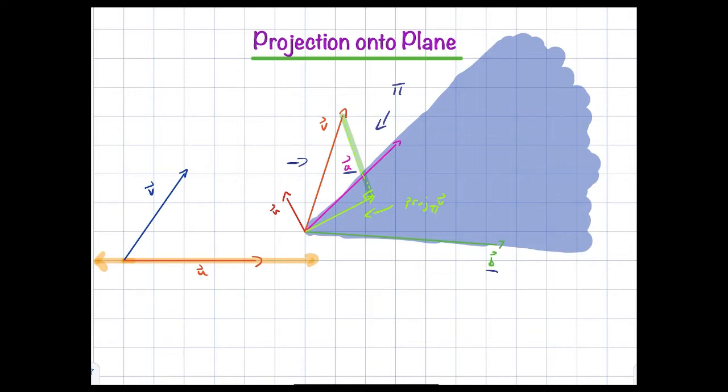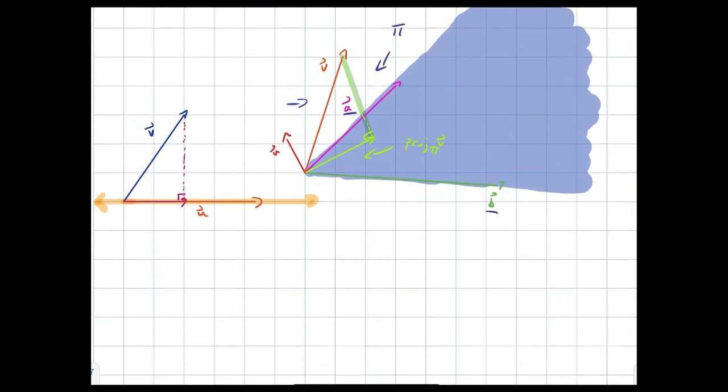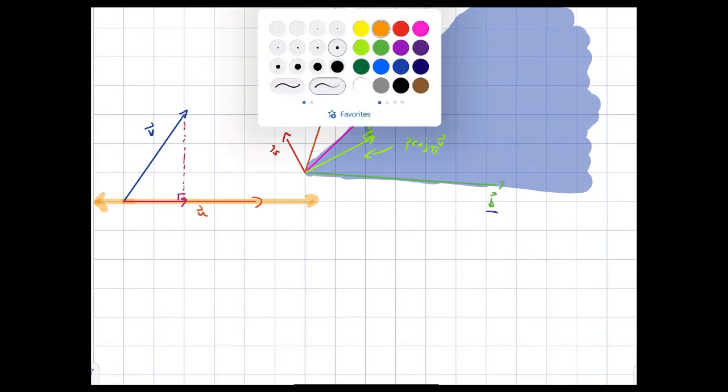Well, what was that projection? That was what we get if we connect the tip of v to u by this line segment, which is perpendicular to u. So we connect the tip of v to u at a right angle, and then we take this bit, this scalar multiple of u. And this is sometimes called the component of v in the u direction. It's a way of measuring how much in the u direction v goes. And why is that? It's because